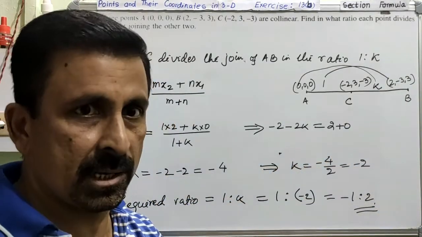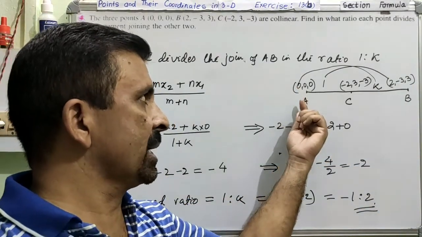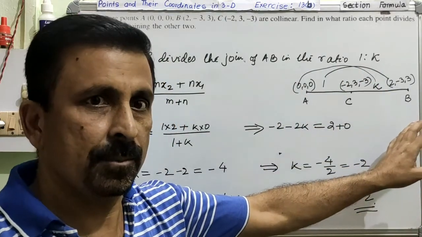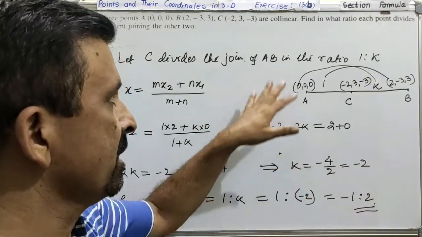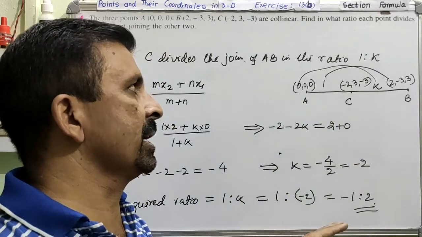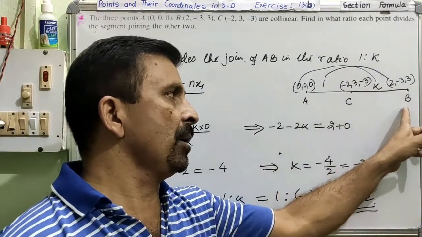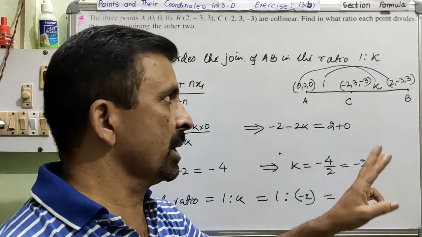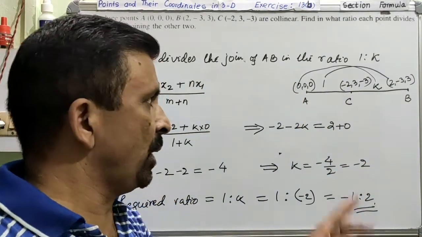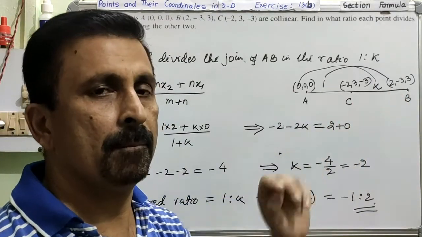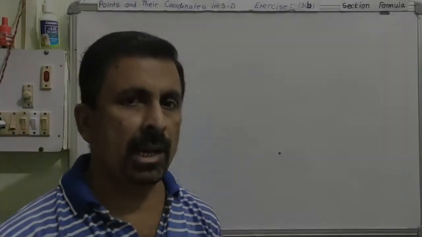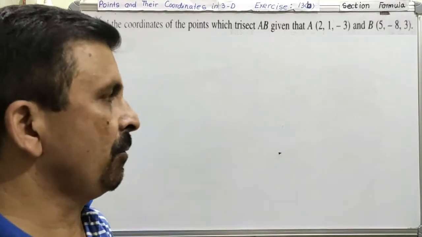So you will get another ratio. And then the third time you will take this A to be in between B and C and find out the ratio. Clear? So the way we calculated the ratio by putting C in the middle, similarly you can calculate the ratio by putting A and B also one by one in the middle. So you will get 3 ratios. So this is one answer, and then you will get 2 more ratios when you change the points, when you change the location. Is it alright?